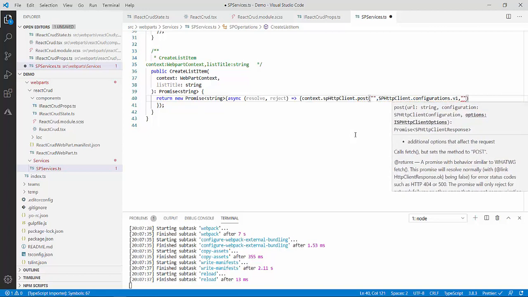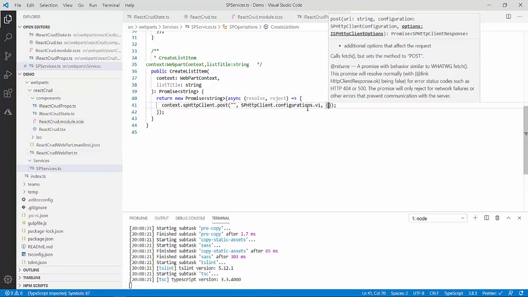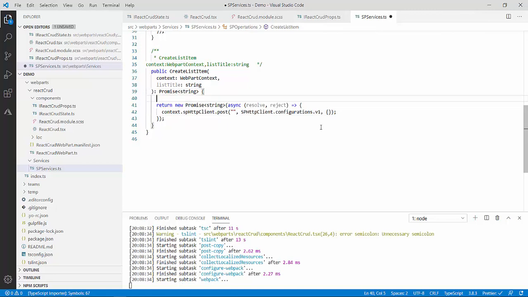So this is also done. Now I can see what I need. I need the REST API URL and the headers, and then I can go forward. In the headers I will be needing body also this time because I want to create items. So I will be needing headers, then I will be needing body. So 2-3 things I need. So let's construct it over here. First of all we'll start with the URL.